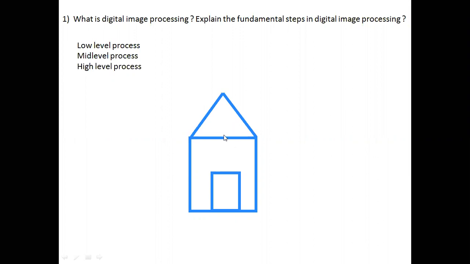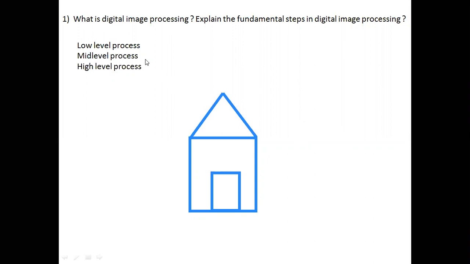If I consider this image which I have drawn, when you pass this image for processing in middle level processing, the output would indicate that there are two squares and one triangle. This is nothing but characteristics or attributes, describing boundary or shape related information present in an image. So the input is an image, but at the output we get some attributes, here the shapes: two squares and one triangle. This is called middle level processing.